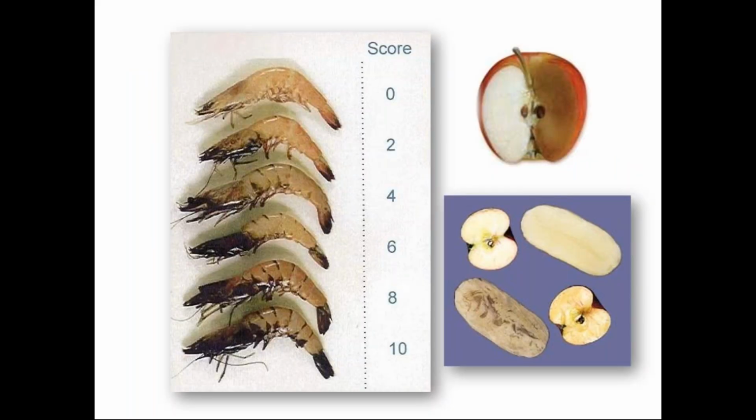So here is the browning that you see in the shrimp. This is because of the polyphenol oxidase. Here is the browning of the apple. Here you have browning of the potato slices, and so you have to inhibit the enzyme. Although now by genetic engineering we can also prevent the browning by suppressing the enzyme with a technology called antisense mRNA technique. So the enzymes are also important to the chocolate industry.